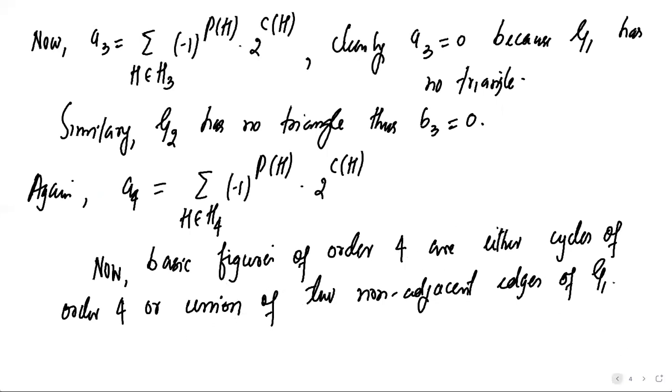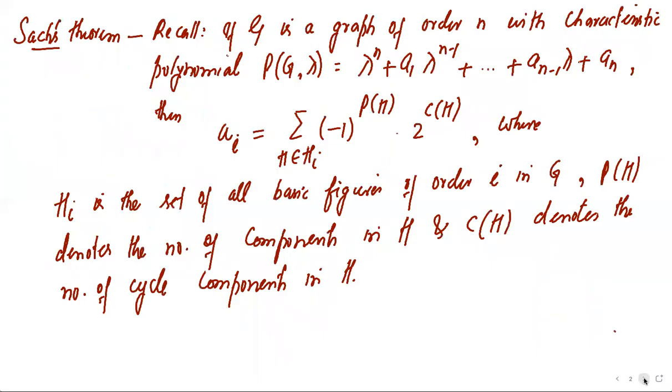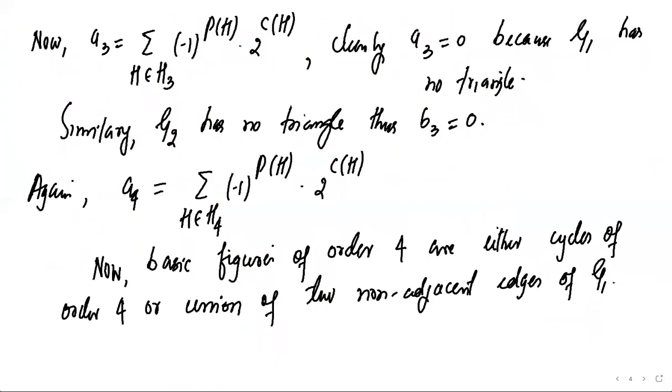So now if we look at the graph K14, it does not have any pair of edges. First, it does not have a cycle. So it contains no basic figure which is a cycle of order 4. Now, a basic figure of order 4 can also consist of 2 non-adjacent edges, but we can see in K14 that there is no pair of non-adjacent edges. So therefore, it trivially follows that